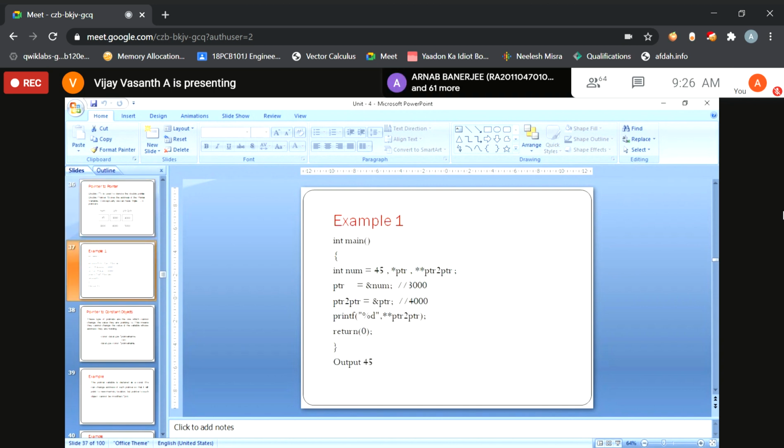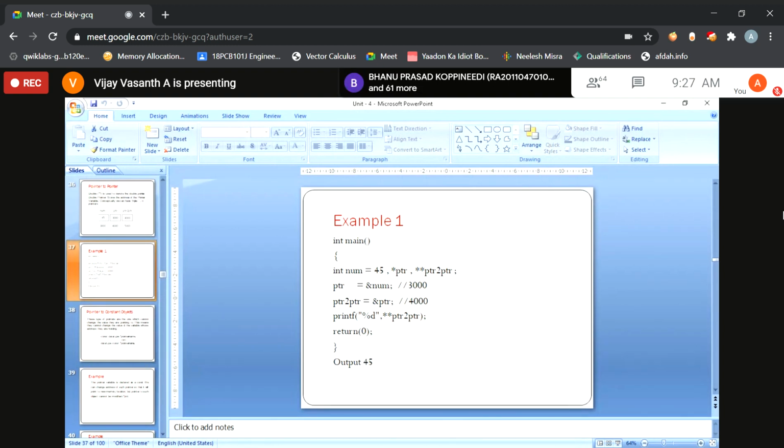Now we will take up an example. Can anyone tell me whether it is a pointer to pointer, a single pointer or double pointer? It is a single pointer. Now, how to declare a pointer?